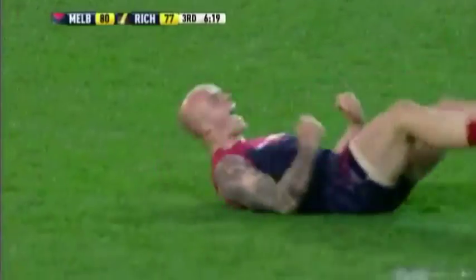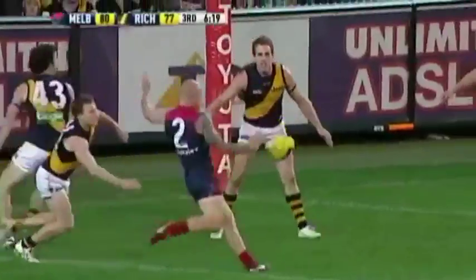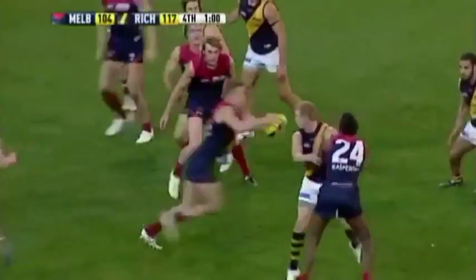No. He toe-tapped it. 3 metres out. Trying to keep it in. 3 metres out from Melbourne's goal. Just bodyline the ball and smother the ball with your body. Get it over. And if you get a ball up or over the point, that's the great...